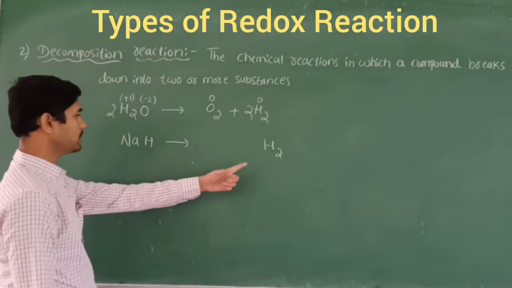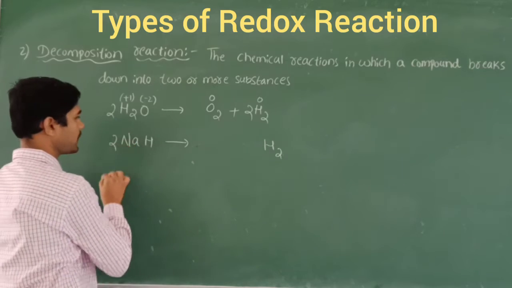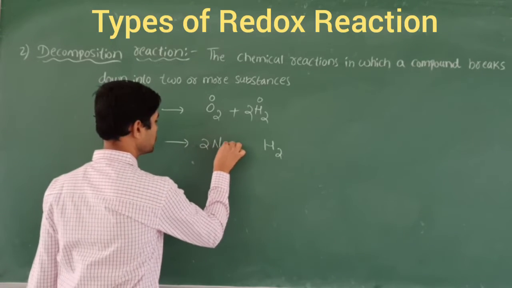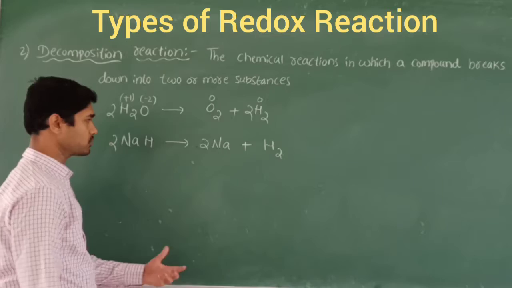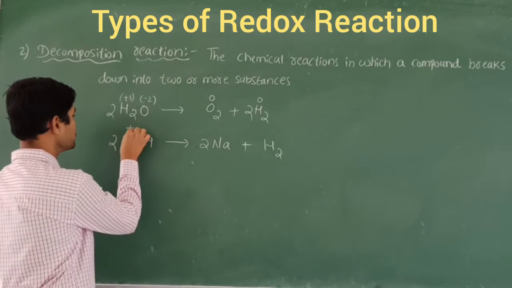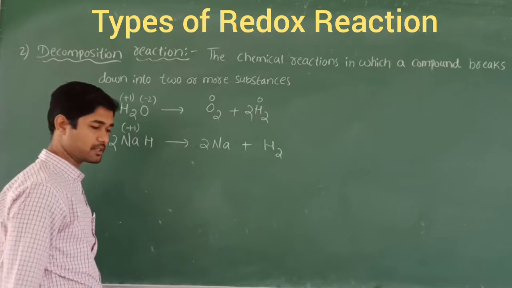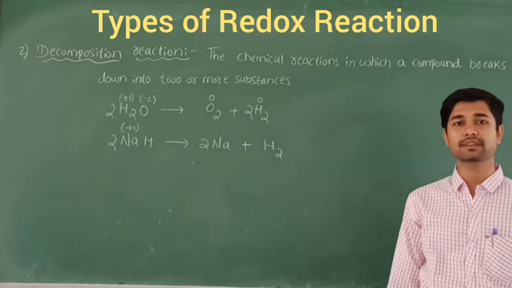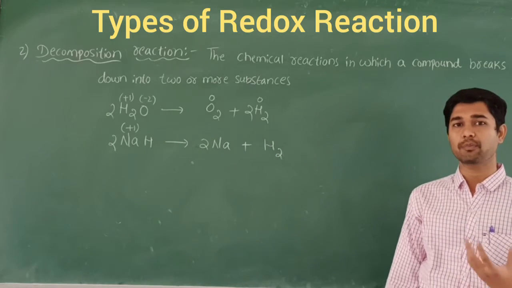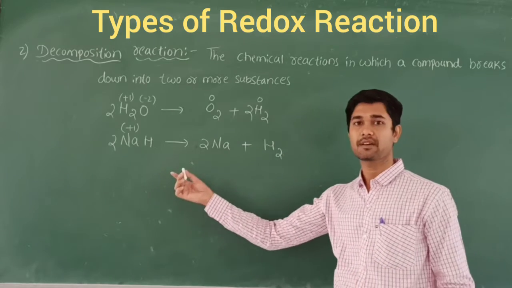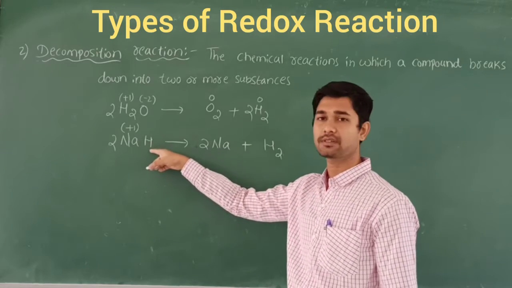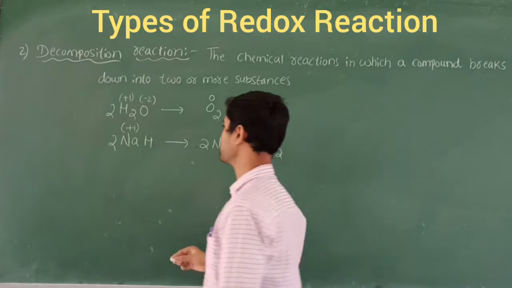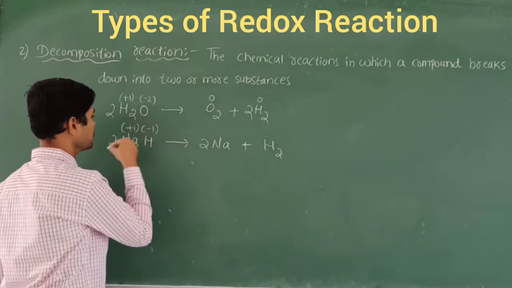So in order to maintain this one, I am going to write a 2 here in the reactants and 2 Na. So write the oxidation number here. Na means always +1, right? We have studied one of the rules that tells that when hydrogen combines with the alkali metals and alkaline earth metals, the position of their valence changes. In the case of alkali metals, the hydrogen oxidation number or valence comes to -1 here, right?